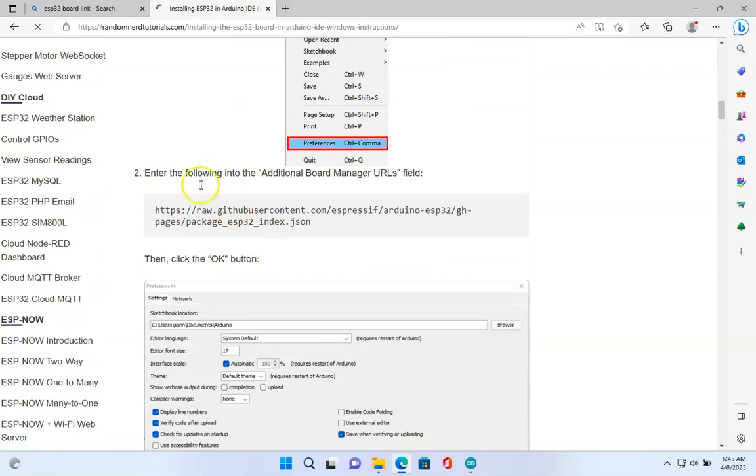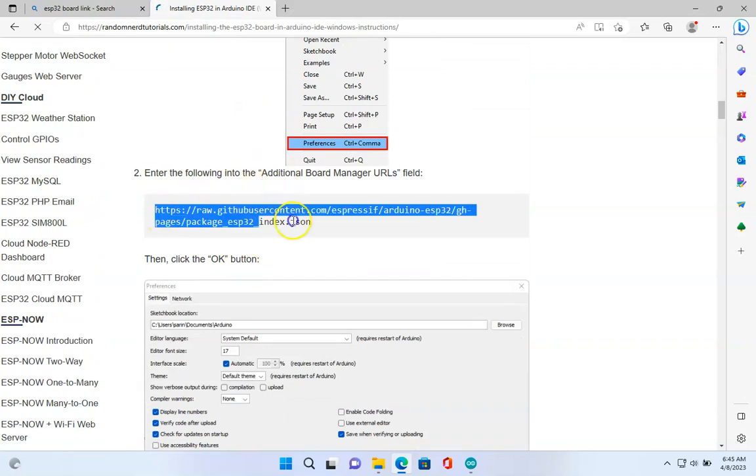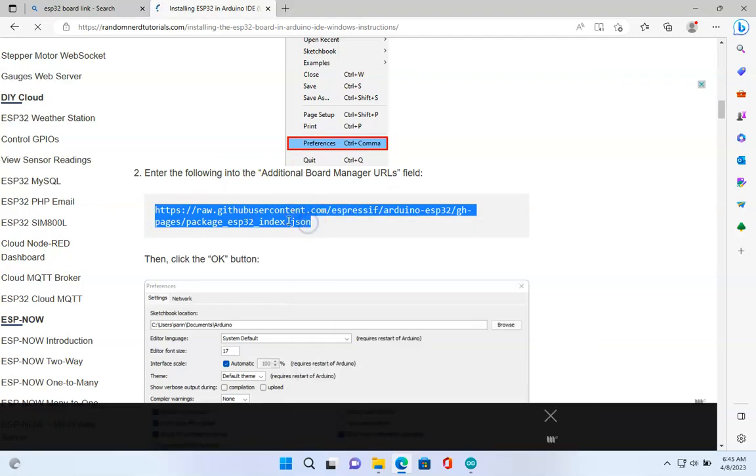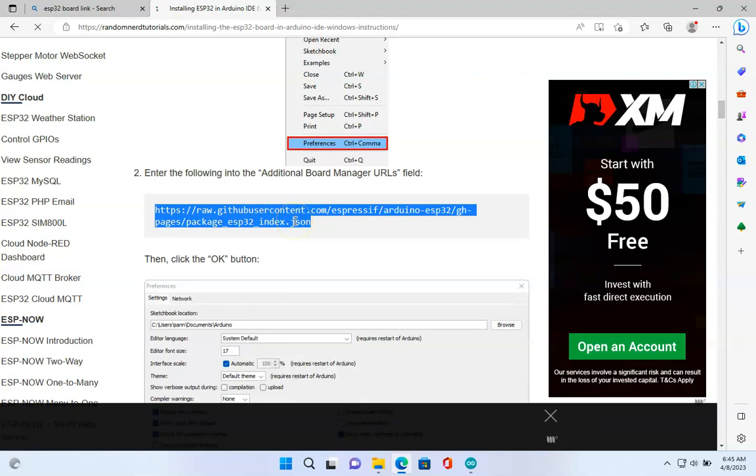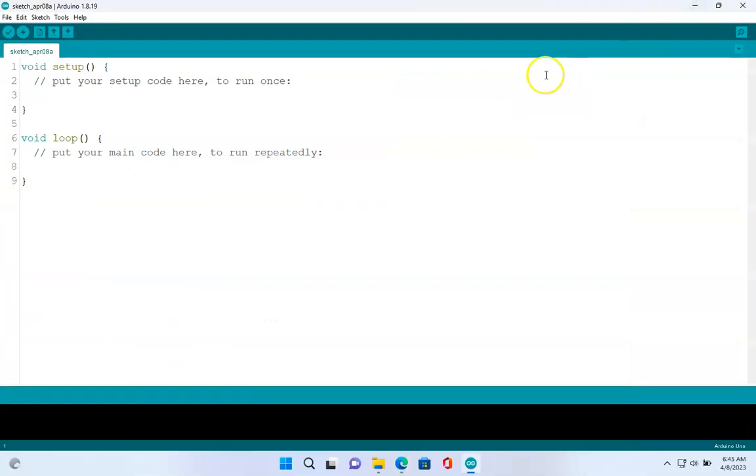Okay, so this is the following additional board manager. You can just go and highlight this link, and then you can just copy this link. So the purpose of capturing this link is to enable Arduino for installing the new board. Okay, after I copy that one, I'm just going to navigate my cursor into the file, and then followed by